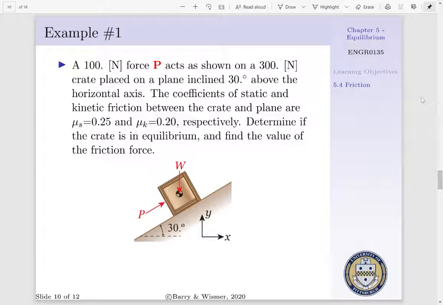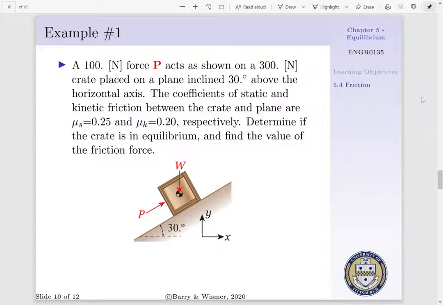In example 1, consider a situation where we have a crate that is existing on an inclined plane. Now we are applying a force of 100 newtons onto the crate, and our crate has a weight of 300 newtons. Now our plane is inclined 30 degrees above our horizontal axis. If we take our coefficient of static friction to be 0.25 and our coefficient of kinetic friction to be 0.20,